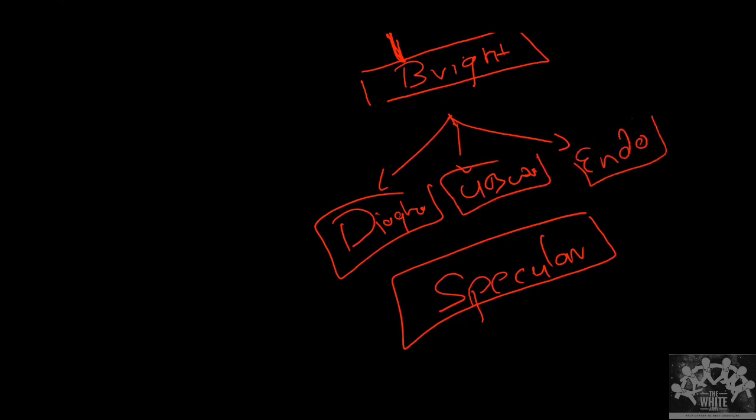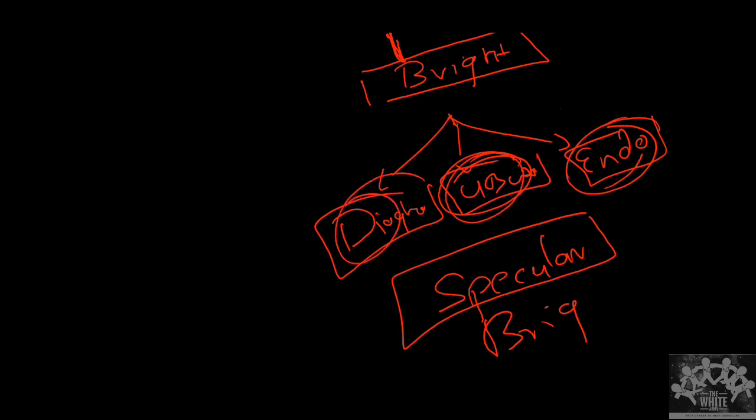So what does this tell you? Whenever sound hits the diaphragm, it looks very bright. Whenever sound hits the urinary bladder, it looks very bright. Whenever sound hits the endometrium, it looks very bright. It is similar to how the pleura was also appearing brighter. But these structures are always appearing brighter because they are specular reflectors. The word specular just means anything that reflects sound like a mirror.